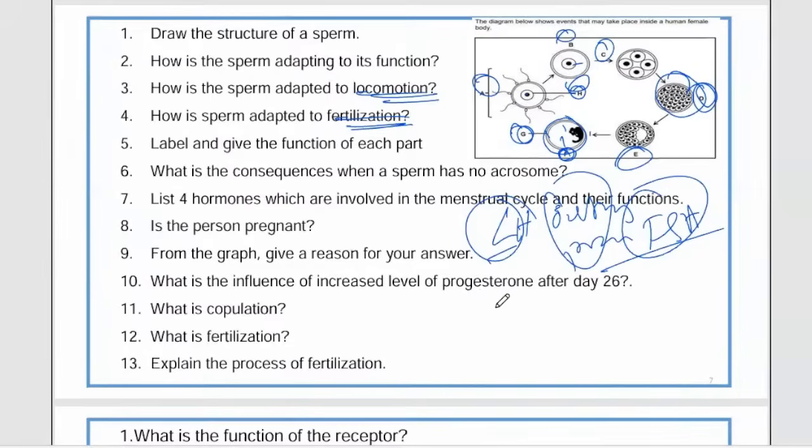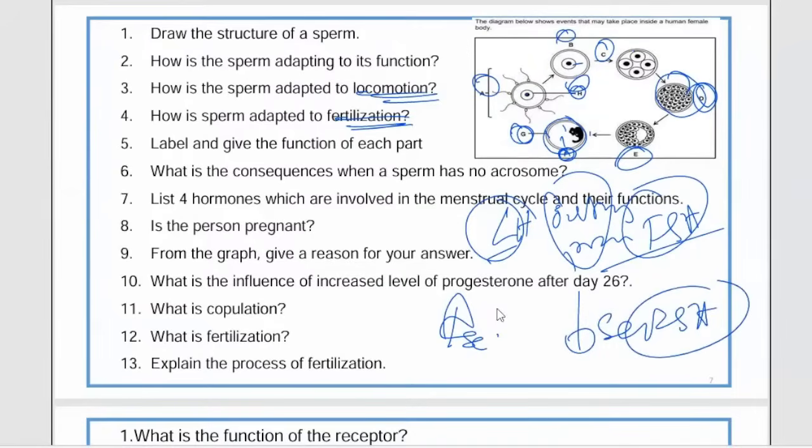If there is an increase in the level of progesterone, it will prevent the production of FSH. You understand? Why? Because progesterone will inhibit the production of FSH,